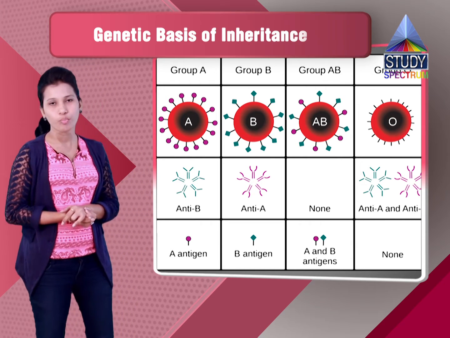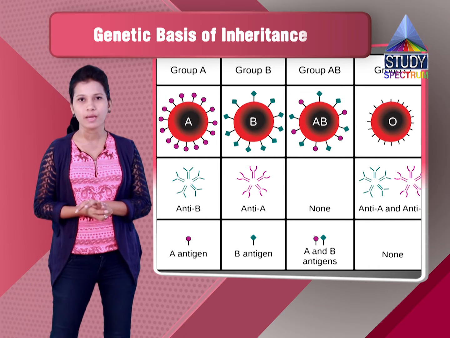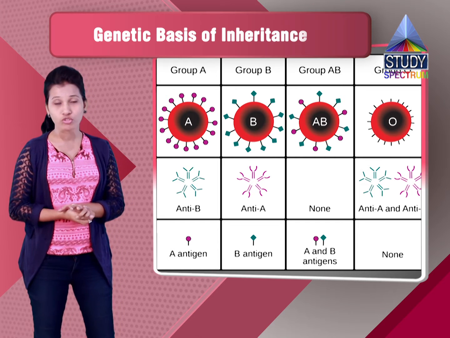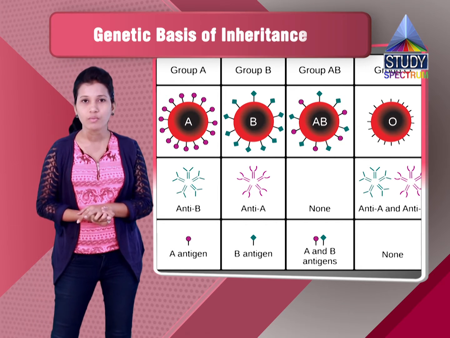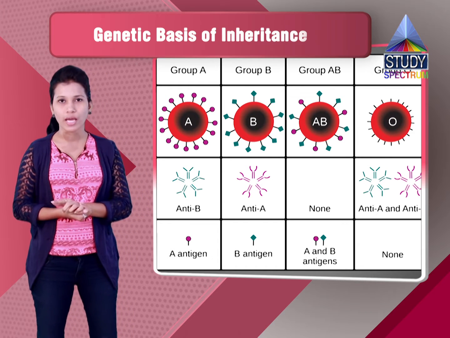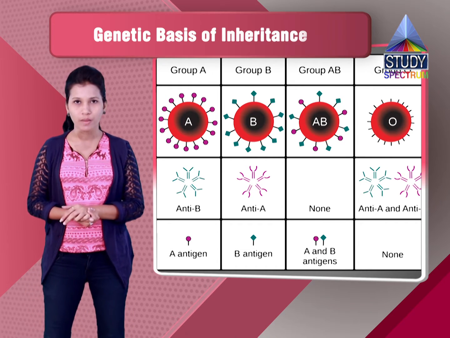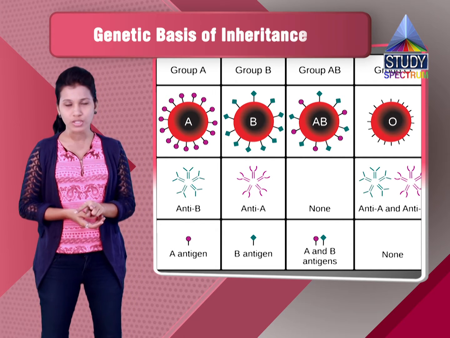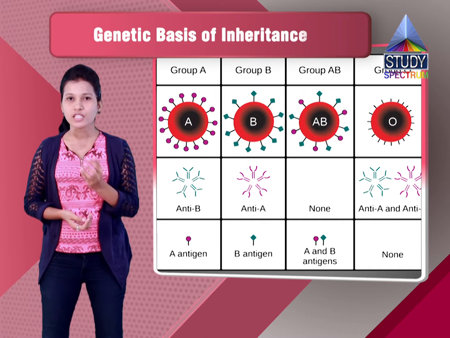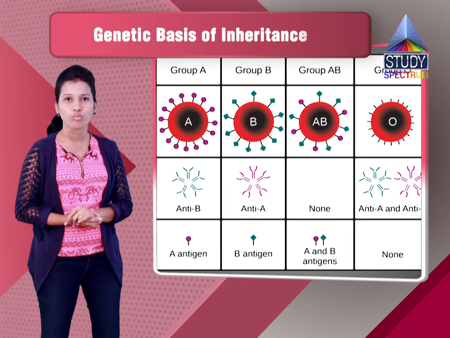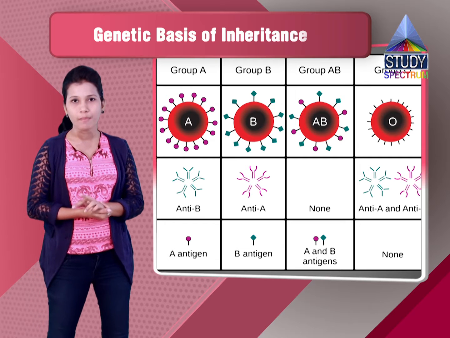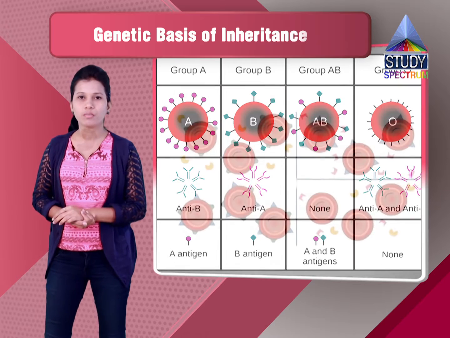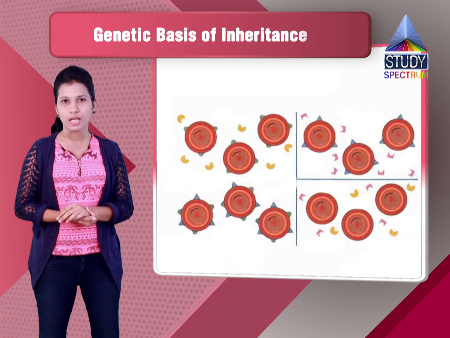For example, in blood group A we can have capital IA and capital IA, both the genes on the homologous chromosomes. And then similarly we can have capital IA and small i, that will again represent the blood group A. Then capital IB and capital IB, that will be the two genes, and then capital IB and small i, that will again represent the blood group B. So capital IA, capital IB will represent the blood group AB, and small i will represent the blood group O. So these are the multiple alleles.